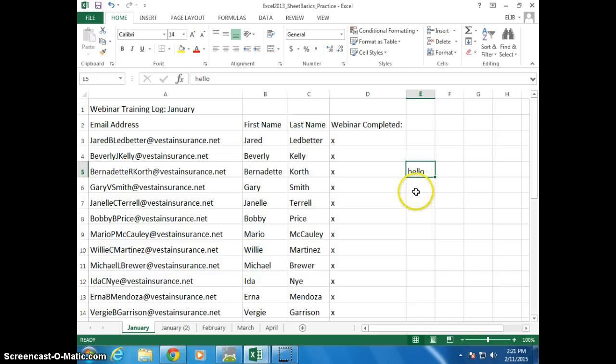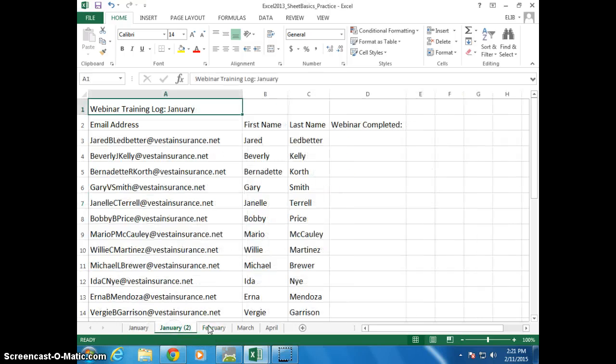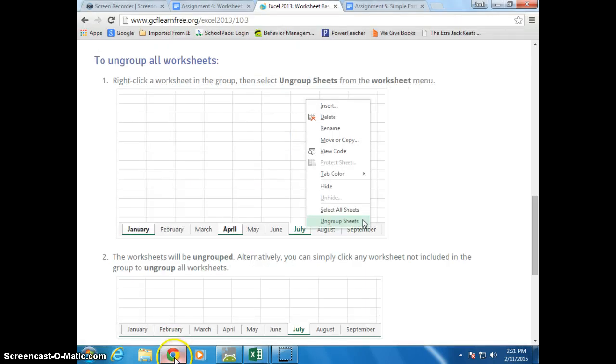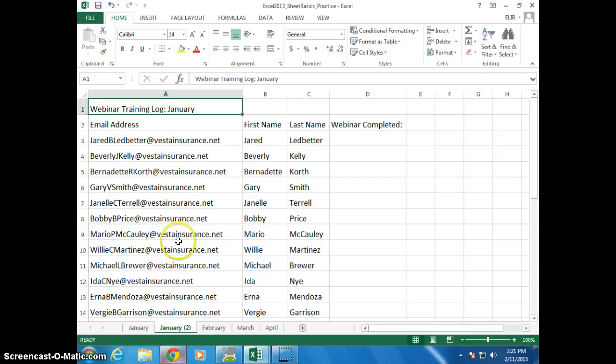If I want to make a change again on January and February at the same time in cell E7, I'm going to want to group them again. So hold down Control, hit February, E7, I'm going to write hi. Don't click on any of these ones yet. I'm going to click on February just to check. They both transferred over. Okay, so grouping, you have to make the changes while they're grouped, and then if you go to another spreadsheet, they're not grouped anymore. I believe that was the last thing. Yep, so grouping, that's the end of assignment number